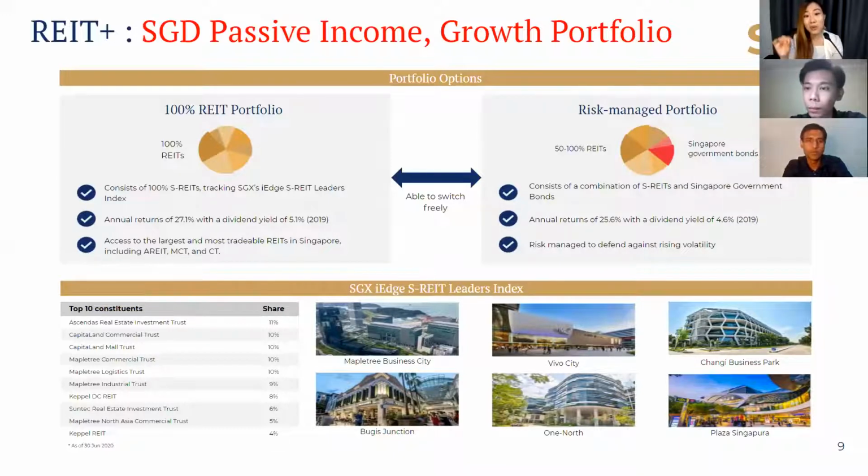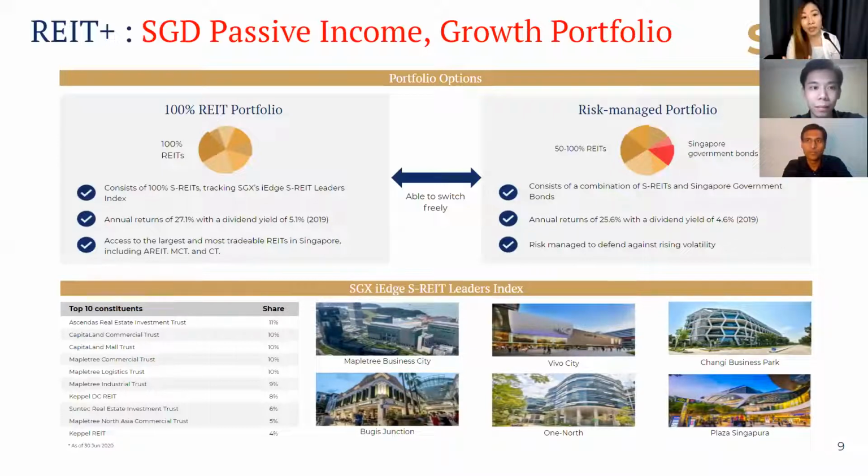So if you were a very savvy DIY active stock picker, then good on you if you had predicted and touched on those. I have to admit, I think that I'm pretty good, but even I don't have the ability to have guessed that COVID-19 was going to happen and that investment in REITs with malls and commercial were not going to do that well anymore, because before COVID-19, let's not forget that it was doing pretty well. So I think this is where your REIT Plus is really good, right? It's very hard to predict and get all of these things right all the time.